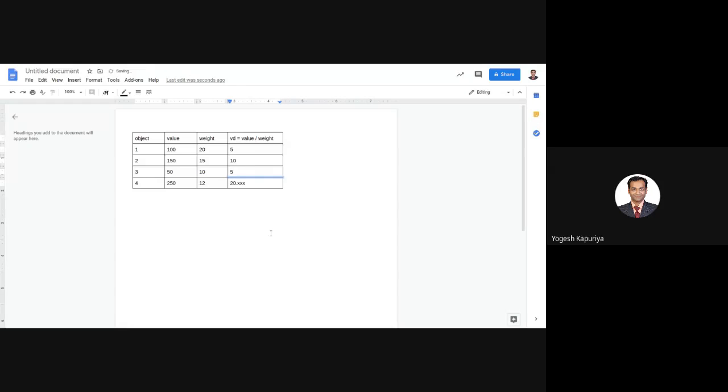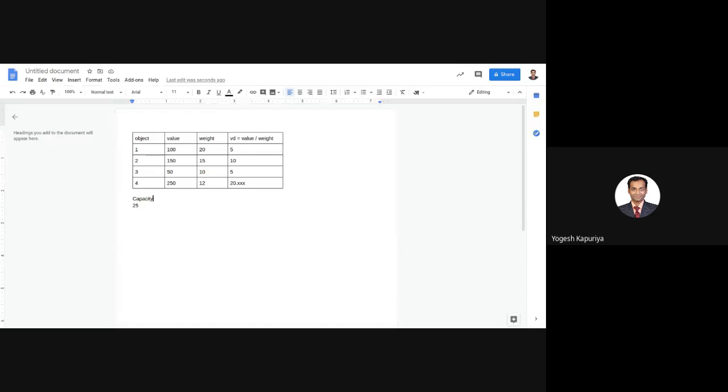Okay. So now you have 4 options available. Let us say your capacity of the knapsack is 25. So that means you can fill a weight of 25 gram inside a knapsack, right?